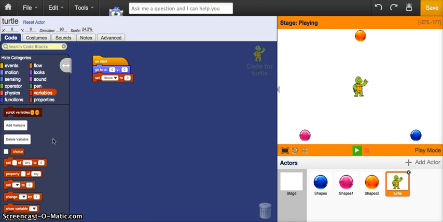Now we need one more variable because, again, while we're playing this game, the turtle's going to keep jumping, and wherever the turtle jumps, or whatever your actor is, they're going to leave a dot where they jumped. And so we're going to keep track of all those places they jumped. But that means we also have to know how many times we want this turtle to move around in between the triangle. So we're going to call that a different variable. We're going to call that variable